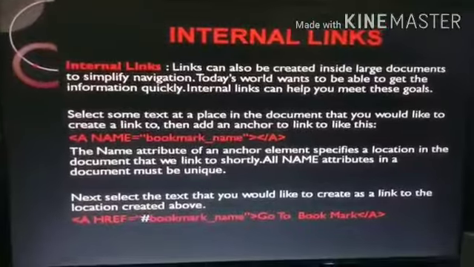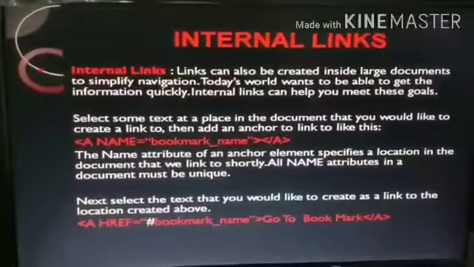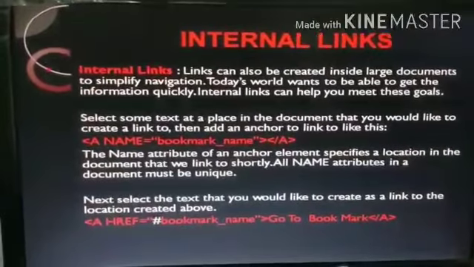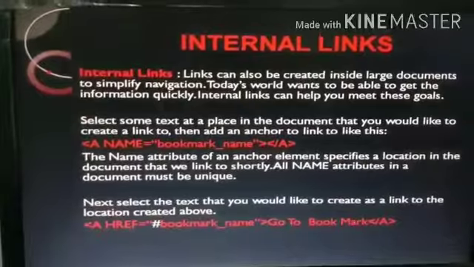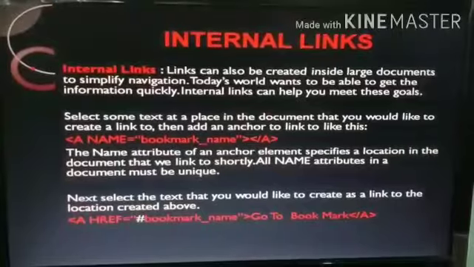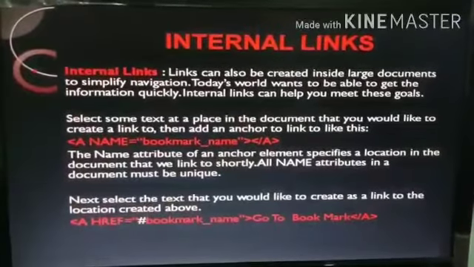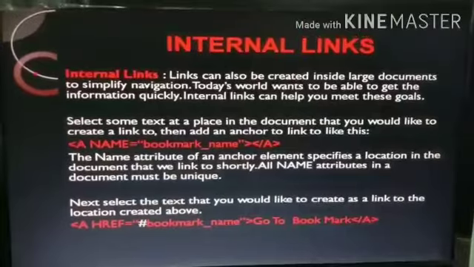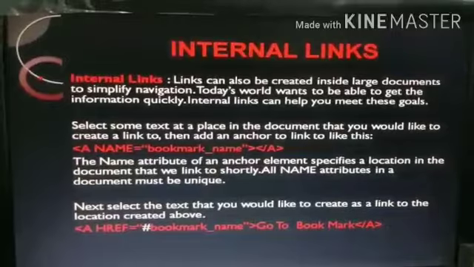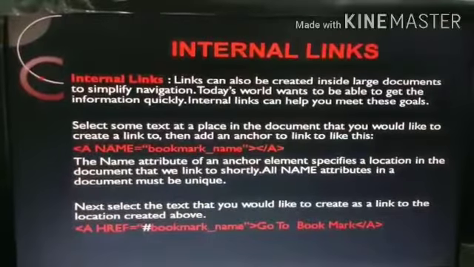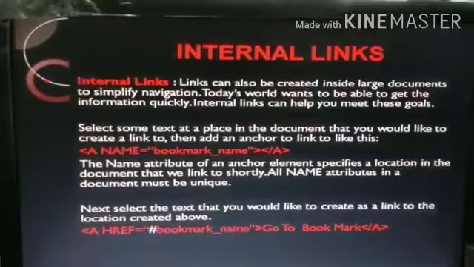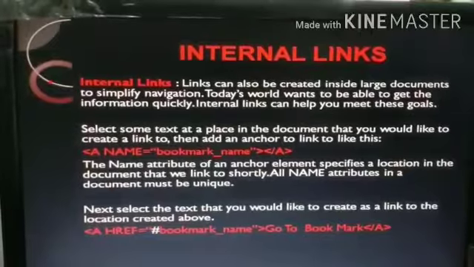Internal link allows you to link to another section on the same web page, so it basically scrolls the page up or down to the desired location. This is helpful to the user to quickly jump to the information he or she is looking for. The value of the href attribute must be a URL. If you want to jump from one part of the document to another part of the same document, then create an anchor at the destination and put a link at the source. The href attribute of the link should contain the name of the destination anchor.